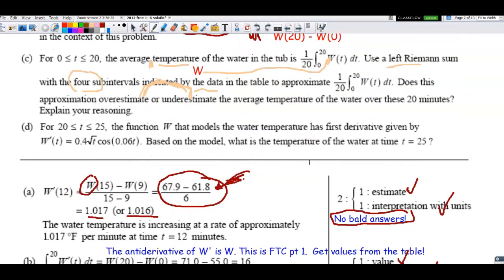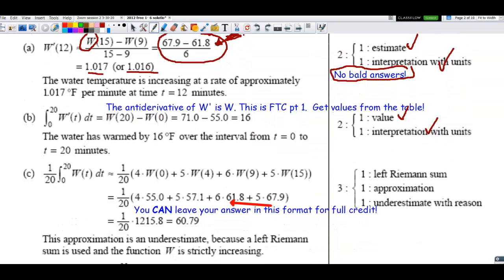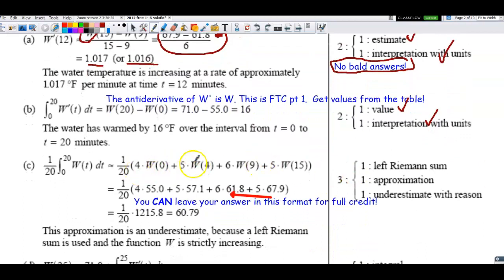All right, so when you go down and you check your work, I don't really care so much about this line right here, the W of, but there's the 1/20th, they already gave us that, and then I told you the widths and the heights. You can leave your answer in this format right here for full credit. So that would give you the left sum, that would give you the approximation point, and then we're going to report out that we have an underestimate because